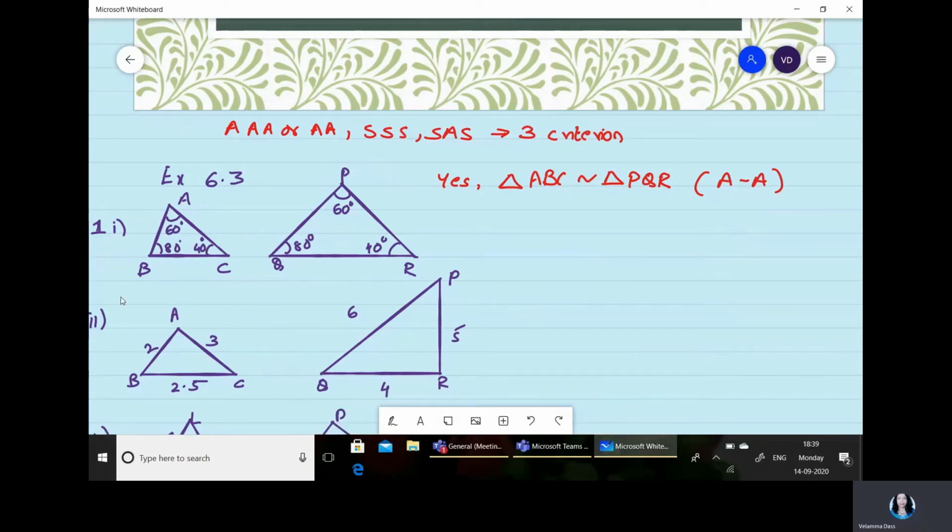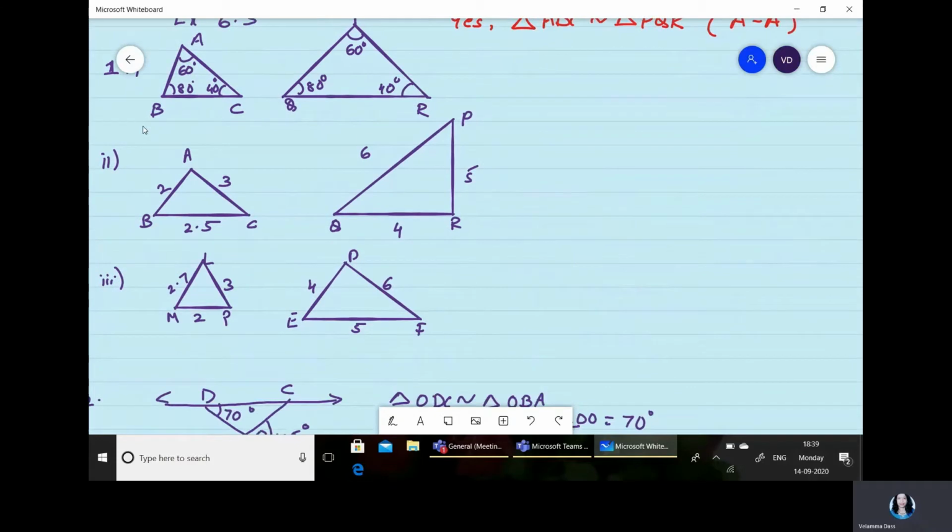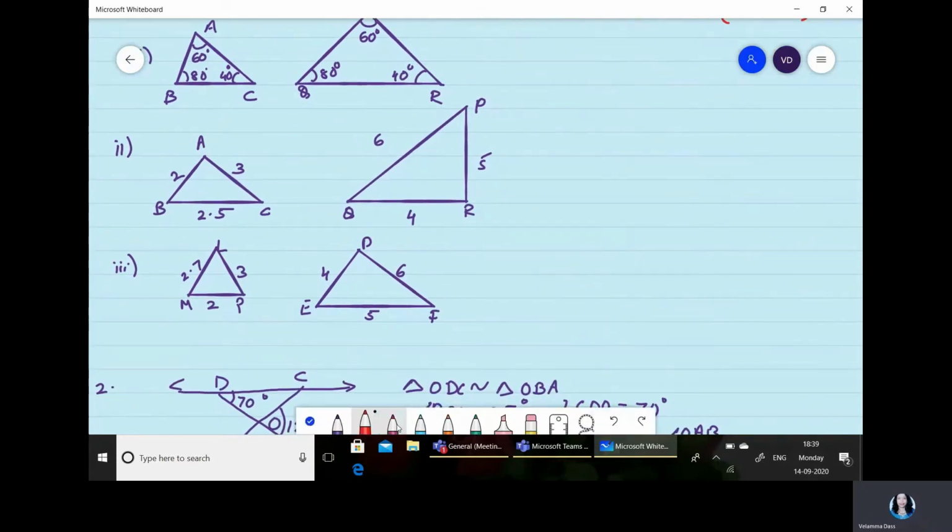The second sum where triangle ABC and PQR are given. Whenever you see the triangles, here the diagram is not that appropriate according to the textbook, but you should always see the measurements, not the size exactly. AB is looking slanting, so we should not look for the slanting case. Now when I compare, I find that AB is 2, and if I take 2 upon 6, I get 1 upon 3. When I take 3 upon 4, I don't get any ratio. So this is not appropriate.